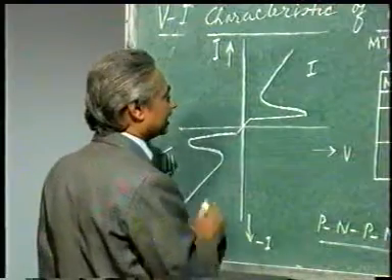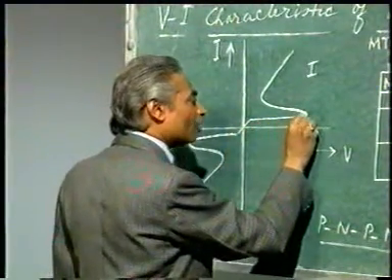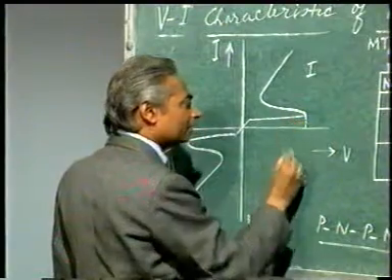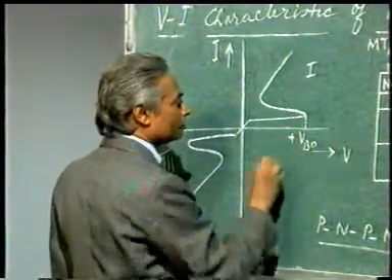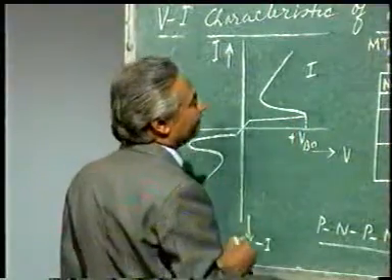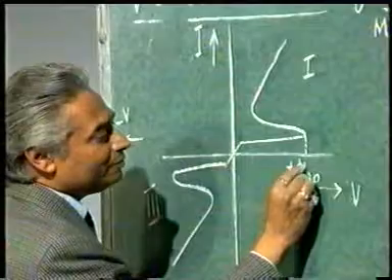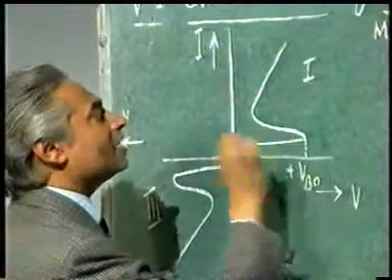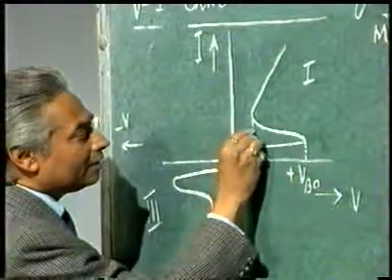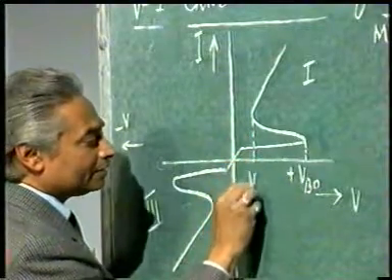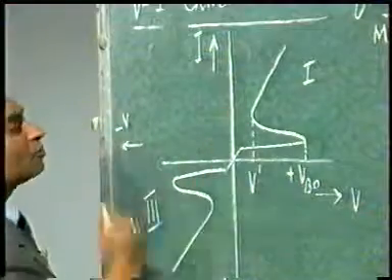In the first quadrant characteristic, you find that in the beginning there is very little amount of current flowing till this point, and this point is known as VBO, of course positive. Suddenly the device triggers and there is a heavy inrush of current. That means at VBO the device after triggering starts conducting, but correspondingly the voltage, which is say V dash, goes very, very small. So, this is first quadrant characteristic.